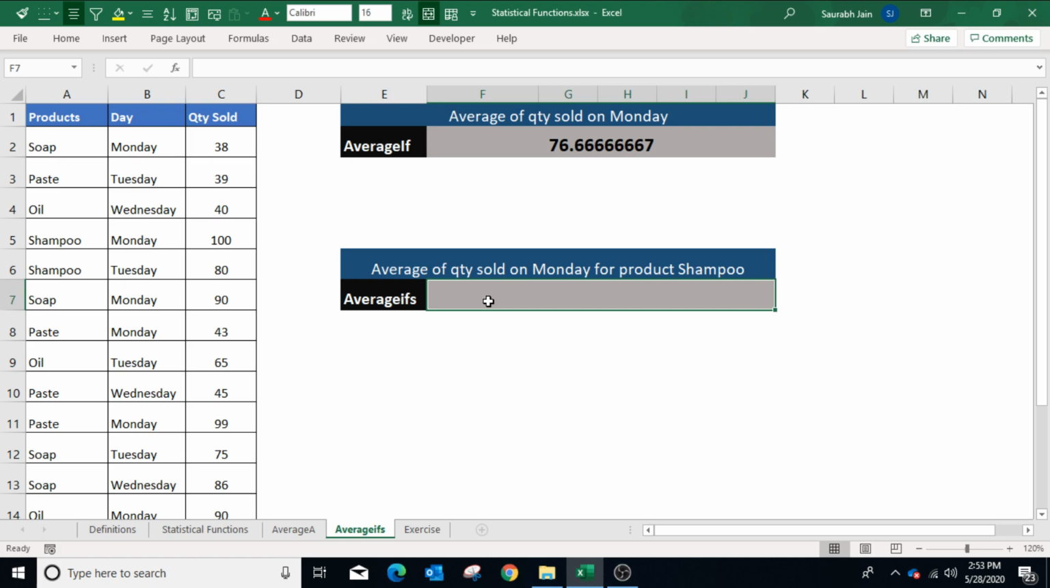So in our example, we have to find the average of quantity sold where day must be Monday and product is shampoo. So we have two conditions. We will use the AVERAGEIFS formula. To use AVERAGEIFS, type equals AVERAGEIFS,